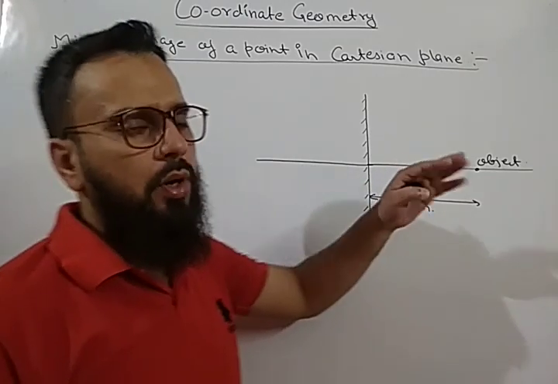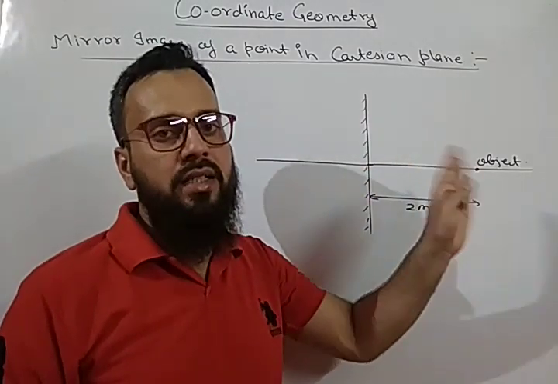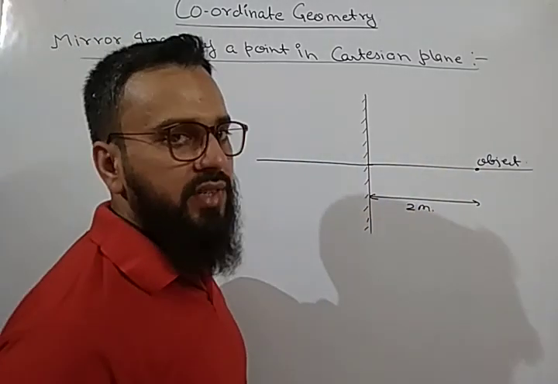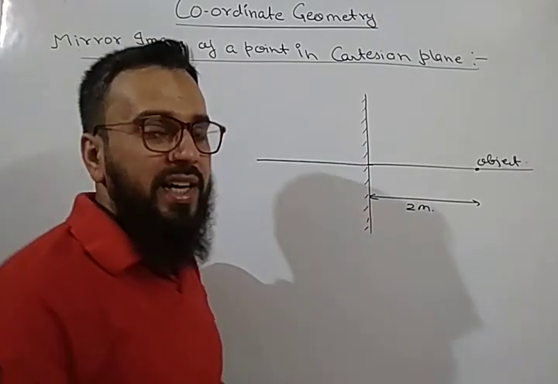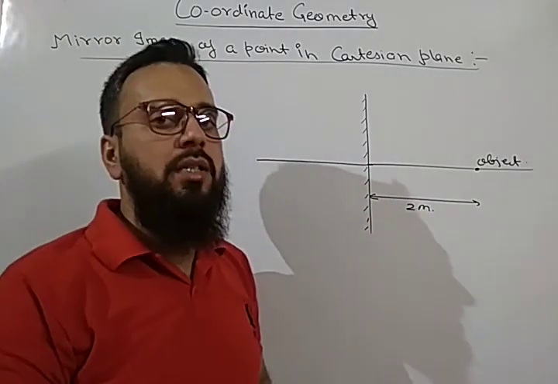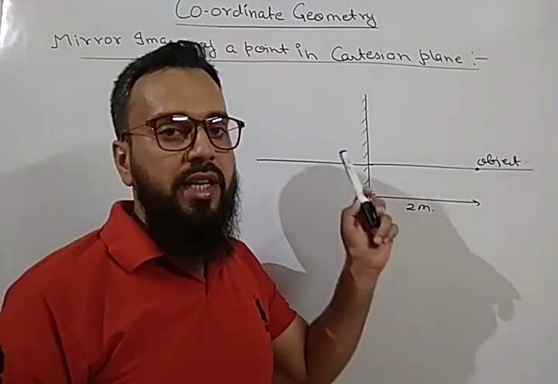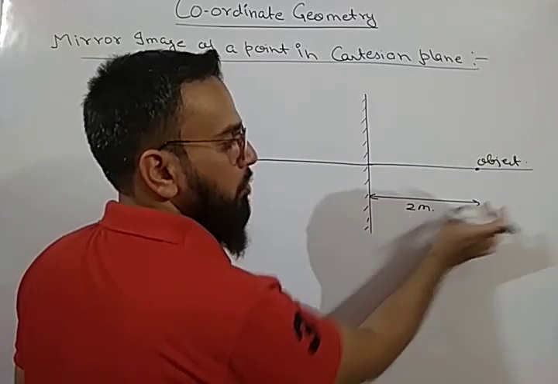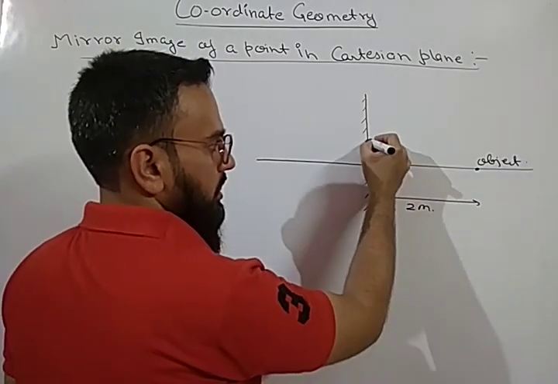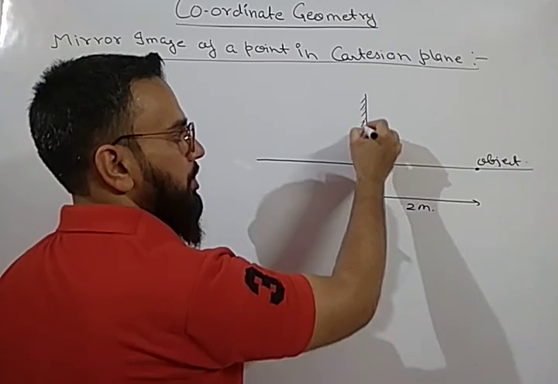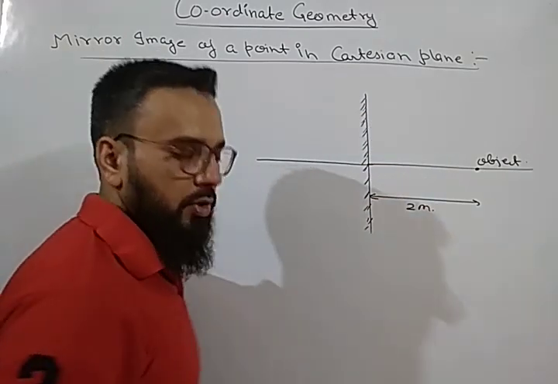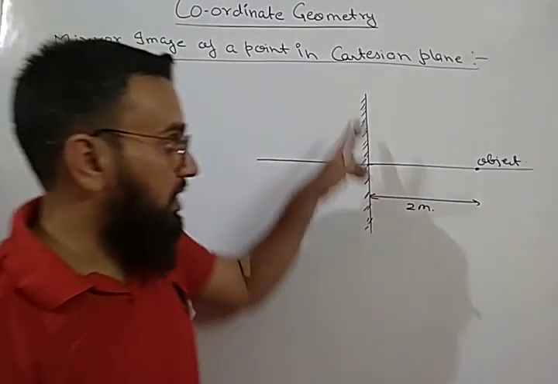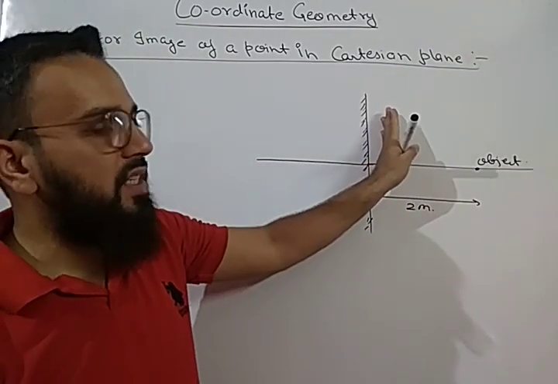How the images are formed will be discussed in your physics in class 10th. But before that, you should know at how much distance the image will be formed by a plane mirror. A plane mirror forms an image at the same distance at which the object is placed, but in the opposite direction. These lines indicate that there is polishing on the mirror, because if you have seen a mirror, there is a polish at the back of it. So this is our polished surface and this is our front surface of the mirror.